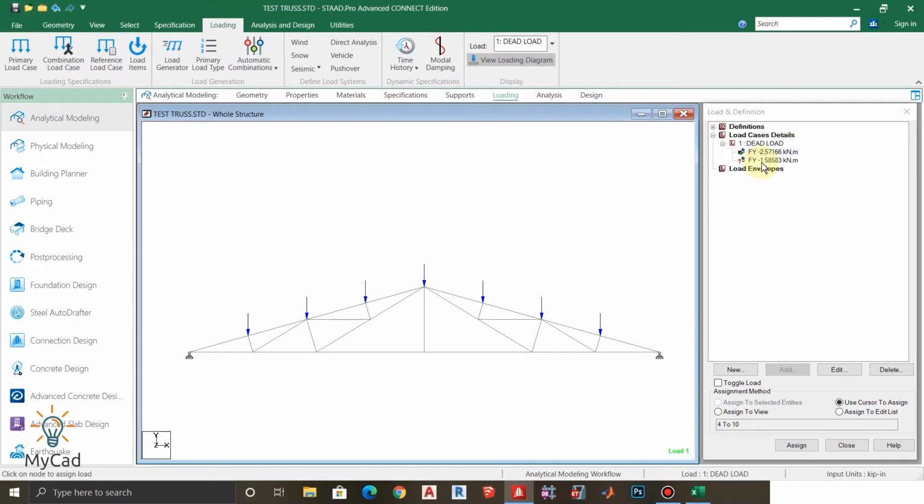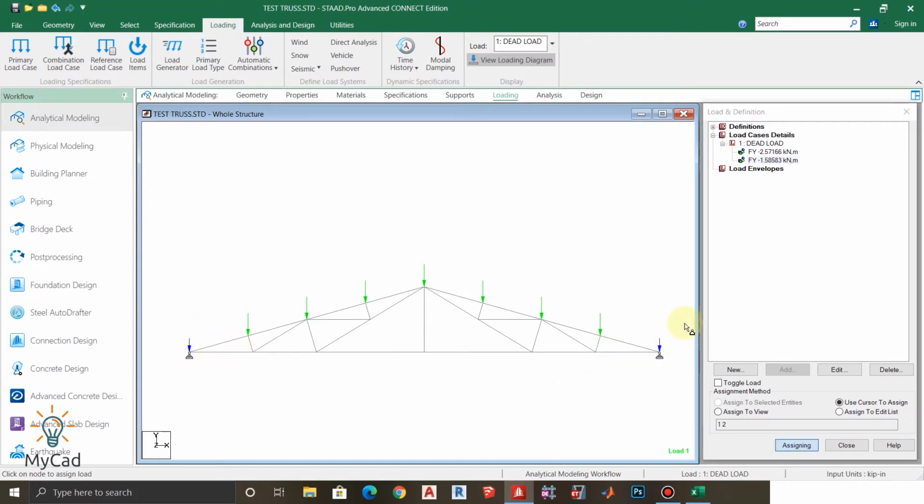Now I'll assign the other load for the end nodes. So I'll just click on this load, select the use cursor to assign option, click on assign, and just click on those nodes wherever I want to apply. That means this end node and this end node.